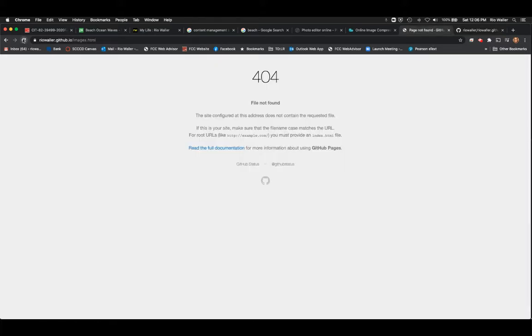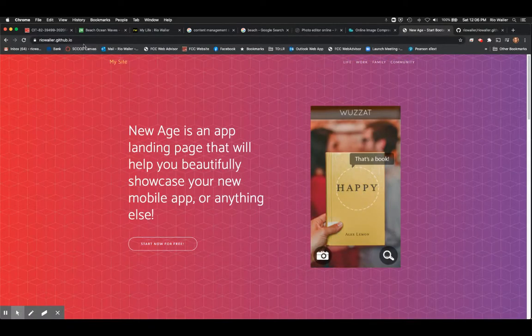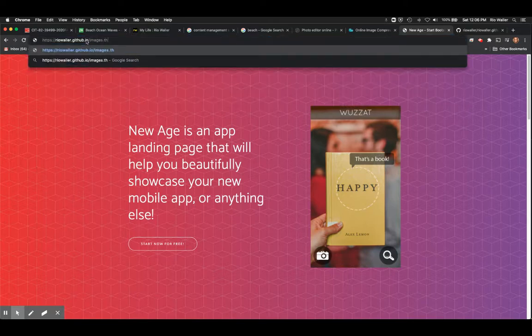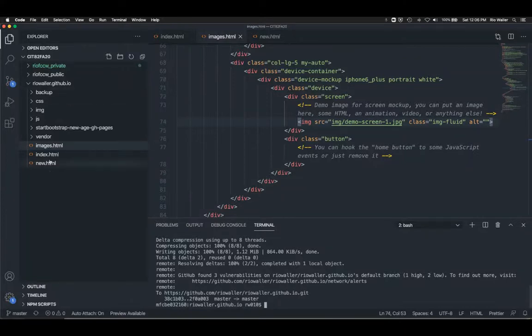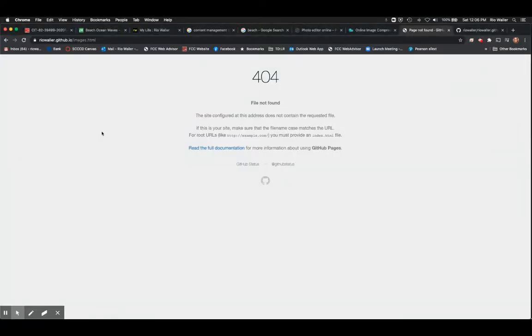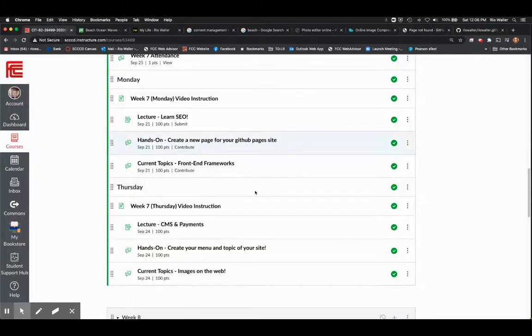I was getting impatient. And sometimes when you're putting updates to the IO site, let me make sure I have it typed right. It just takes a moment for it to show up. Oh, there we go. So that's the link to the menu one. And then assuming that any minute now, and I could also make sure that's the name I gave it. Images. Yeah, it is right. It's just taking it, HTML. Yep. Just taking it a minute to show up. So at least that gives you an idea.